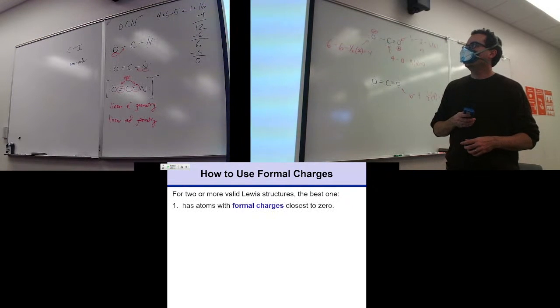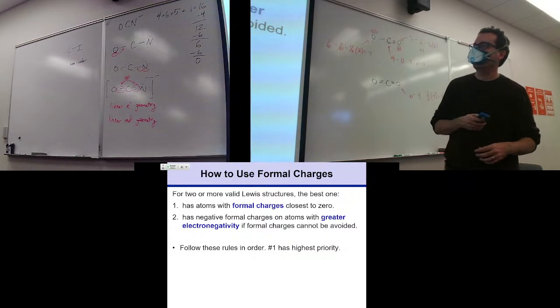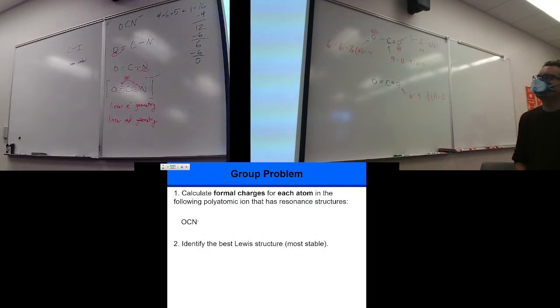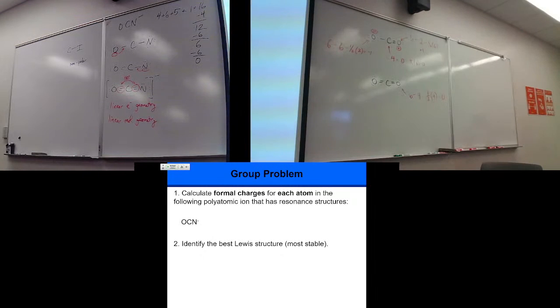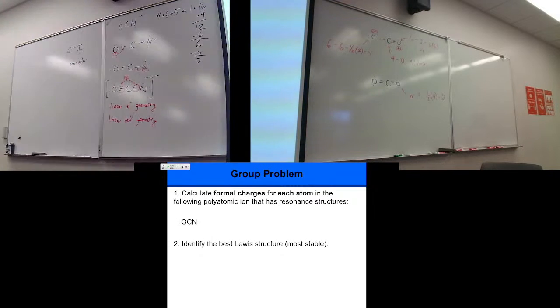So, yeah, here are the rules. Atoms have formal charges close to 0. The negative formal charges should be on the atoms with greatest electronegativity. And I guess this is another way to state them than the way I did, but it works. So, OCN, the one I did over there, is that the correct way to do it? Not really, because if I were to calculate formal charges on this thing that I drew,